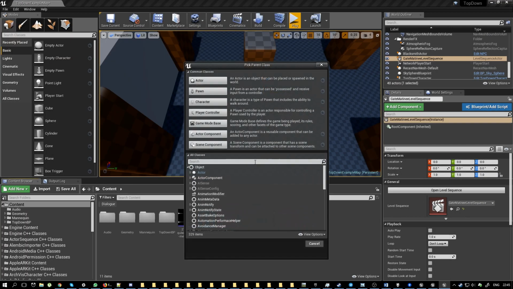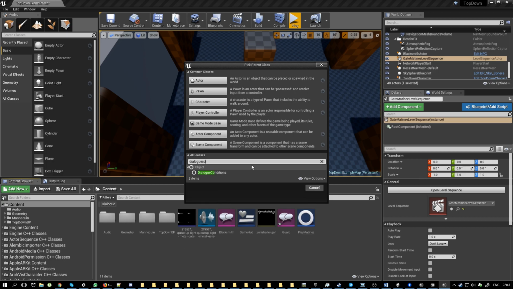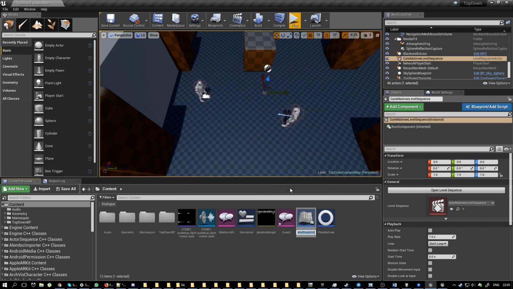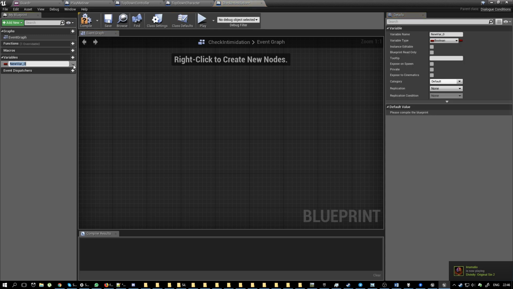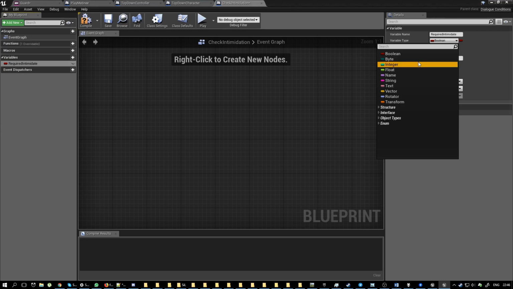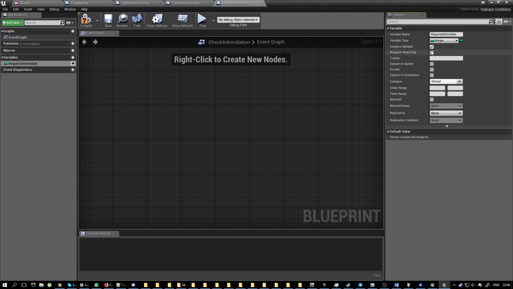Same as with dialogue events, we haven't created a condition for our project yet. Let's create a blueprint that derives from dialogue conditions and call it Check Intimidation. Add an integer variable called Required Intimidate. Mark it Instance Editable. Override the function called IsConditionMet.